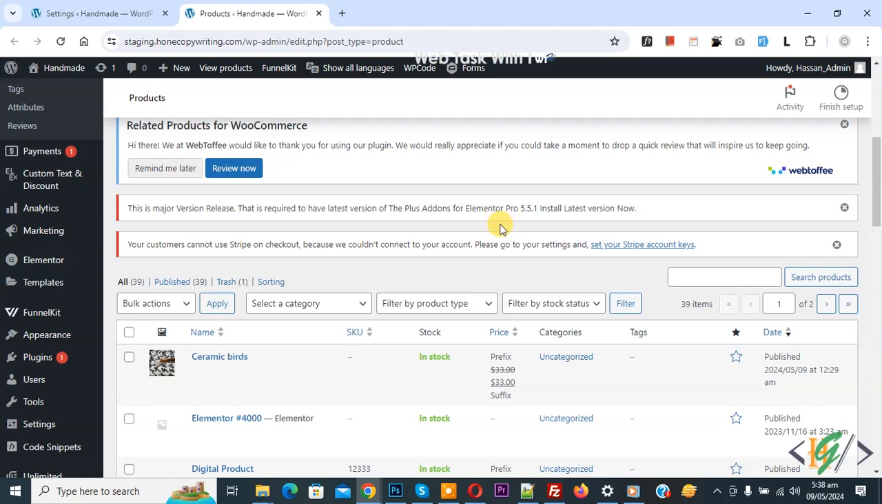Bismillahirrahmanirrahim. Assalamu alaikum. My name is Hassan and today we are going to enable or display the Polylang language section in